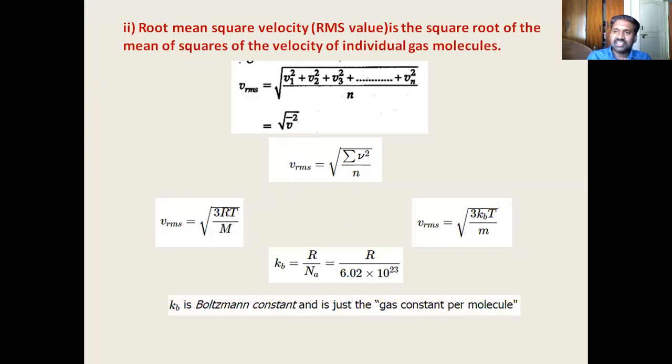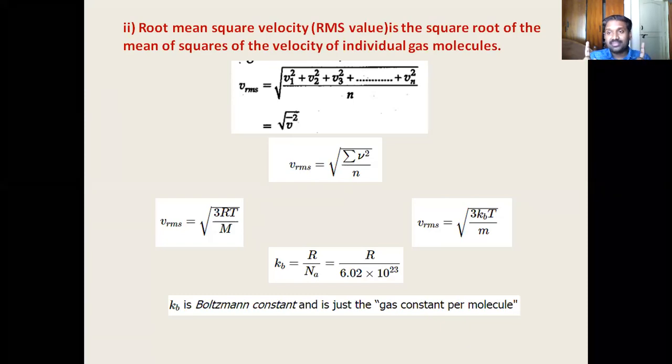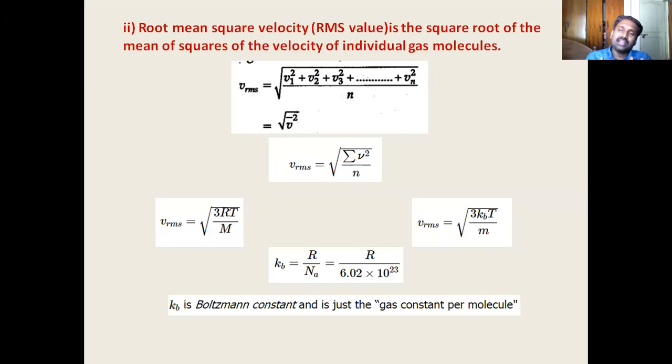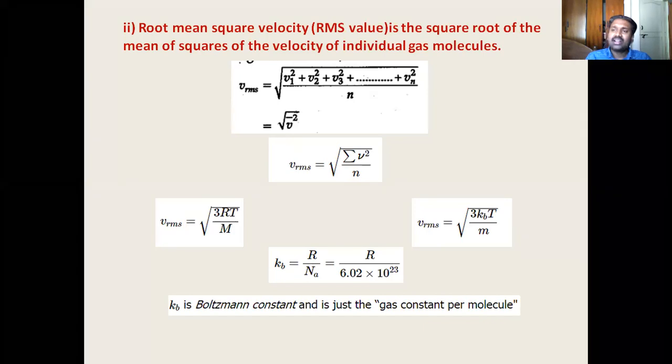So in a nutshell, in summary, what can we tell? That the Boltzmann constant is just the real gas constant per molecule. R is per mole, k is per molecule. So when you are solving problems, either in the question you get the molecular weight of the gas or the mass of an individual gas molecule, anyways you can still solve this problem, or still you can find out the root